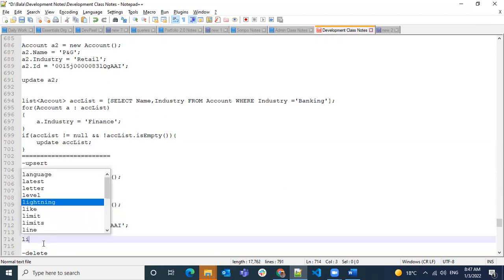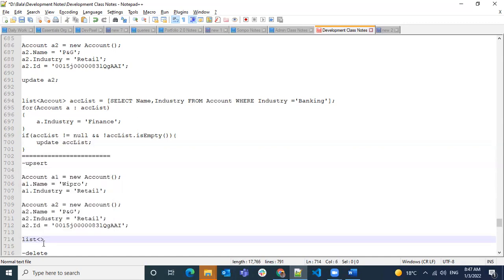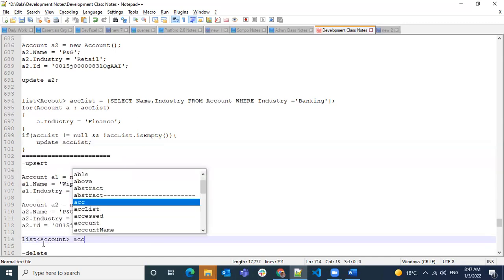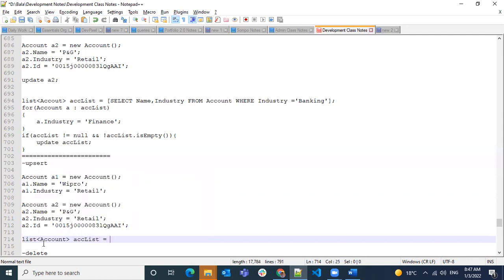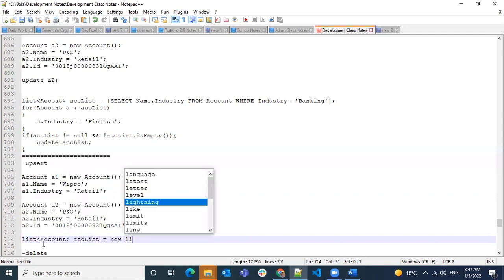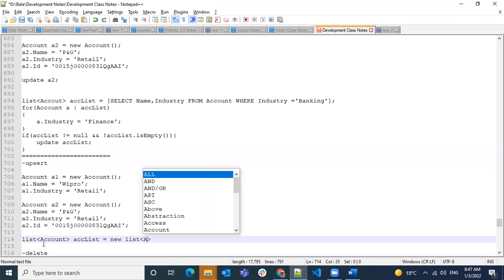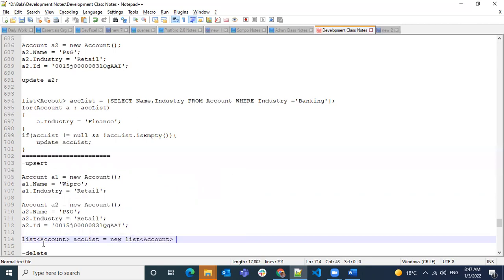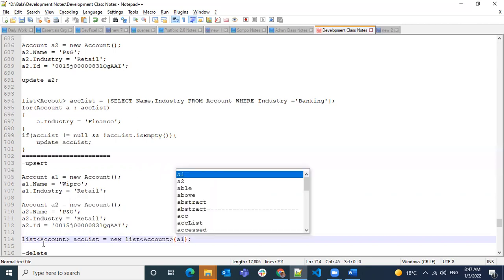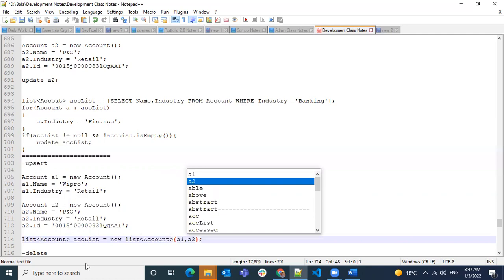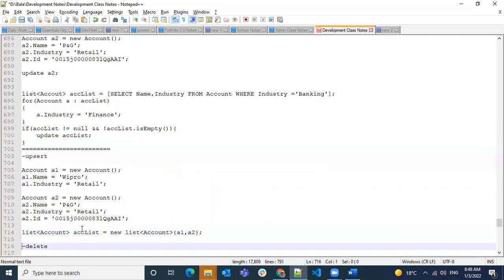So I want to do both operations at the same time. I have two accounts.